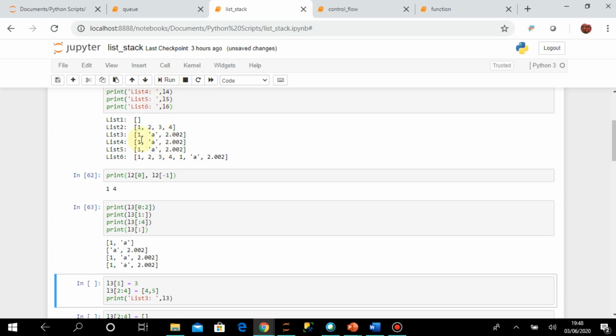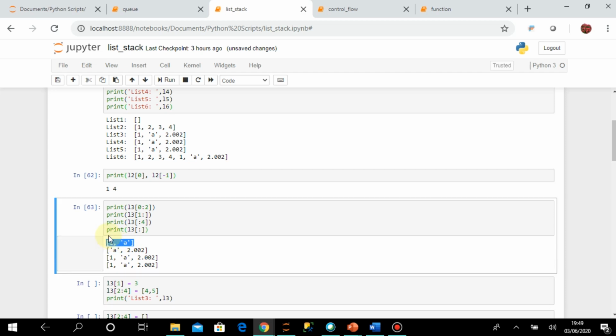So let us see. You can see here the 0th and 1st elements are printed. For the second statement it is printing 1 and 2. Because there are only 3 elements, 0 1 2, it starts from 1 and then 2. Then here it is written 4, but there are only 0 1 2, so all the elements are printed, and the last statement also prints all the elements. Okay,